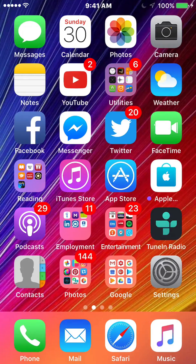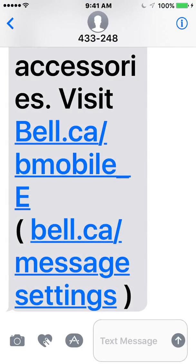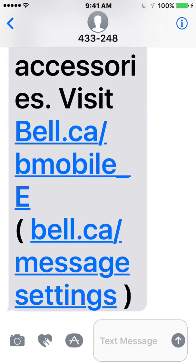It's bigger. One thing I really love about the iPhone is iMessage, and I have a message open here. Let me just see if it's still there. So this is just a generic message I got from my phone company. I don't care if I'm with Bell. You can see that right up on the upper corner anyway. So I love the big text in the iMessage, which I find, I'm not going to go into Facebook Messenger because I don't really want to display my friend's name and have to edit that, but Facebook Messenger on iOS